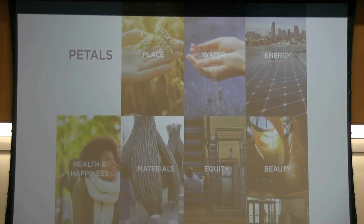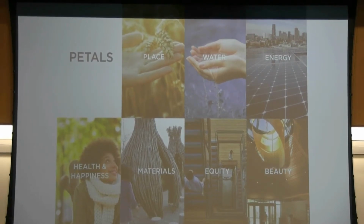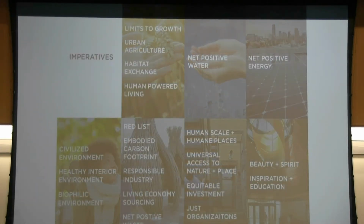But I would like to call attention to, even though materials is not the subject of this discussion, that the materials petal is where most of the meat and the muscle of the Living Building Challenge is, trying to remove toxins from the built environment. The toxins on the red list, as it's called, are not just about whether something is toxic in the building, like VOCs that might be off-gassing, but also whether certain products are toxic at their source, at their manufacturing, whether they're toxic post-life, and what happens to them after the building is deconstructed. It also folds in some equity principles in terms of environmental justice, since most chemicals are made around communities that can't speak for themselves and advocate for cleaner production. So the materials petal is the subject of its own workshop here. Each of those petals is broken down into...